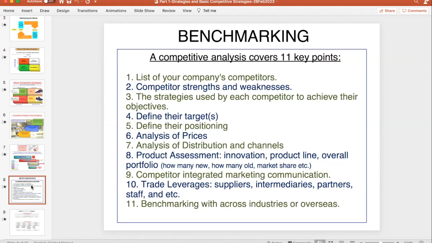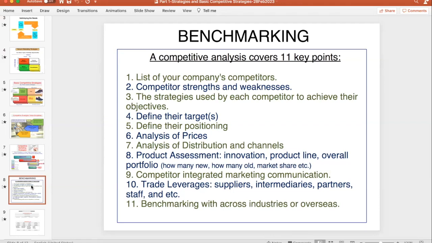Trying to understand who are their targets and have the best definition of who their targets are in order to sort of compare with your targets, understanding their positioning. So usually that's how they frame their slogan, how they tell to their customers what their strengths are. Then looking at their prices, seeing where they are higher, where they are lower, which product that they offer more discounts, looking at where do they sell, and if they use direct, indirect, how many intermediaries, what kind of intermediaries, looking at the R&D that they may be spending and the innovation and the frequency of the innovation,